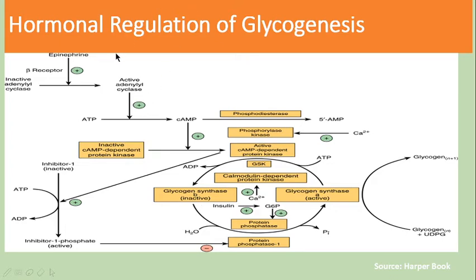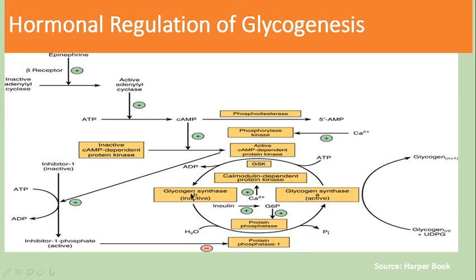So in the presence of epinephrine and glucagon hormone, which enzyme is active? The protein kinase enzyme is more active. The role of this protein kinase is to phosphorylate. It will use ATP and phosphorylate that enzyme. So now in the presence of cyclic AMP, protein kinase will be in the active form, which in turn will phosphorylate glycogen synthase. The phosphorylated form of glycogen synthase is called the inactive form. So it converts the active form of glycogen synthase into an inactive form. Is the concept clear here? This is the main concept you have to understand.